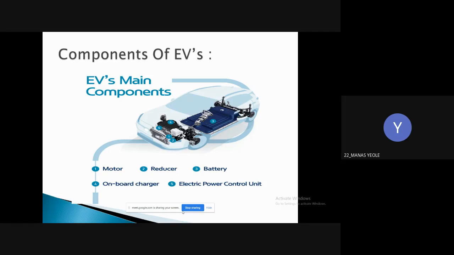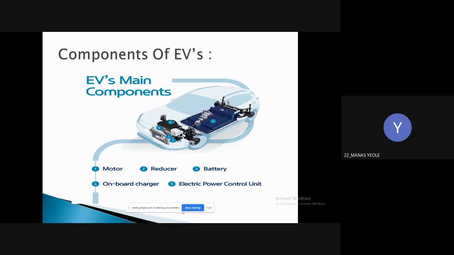The onboard charger is used to convert alternating current from the slow chargers or portable chargers used on home outlets into direct current. This may make the onboard charger look similar to the traditional inverter, but they differ crucially in function. The onboard charger is for charging and the inverter is for acceleration and deceleration.